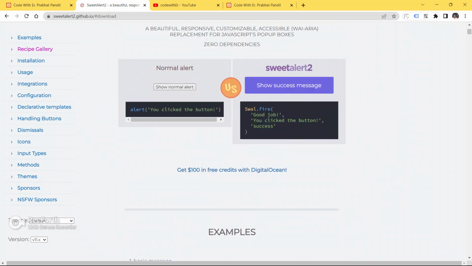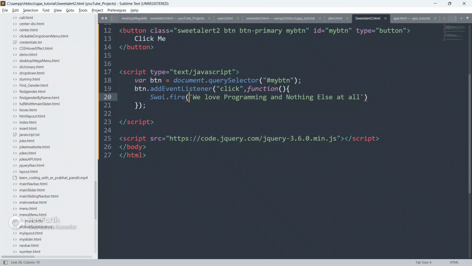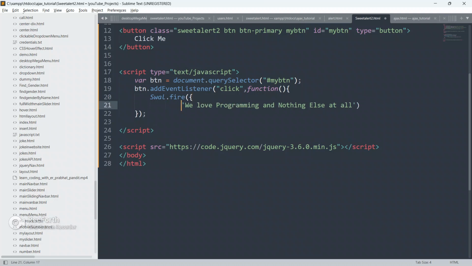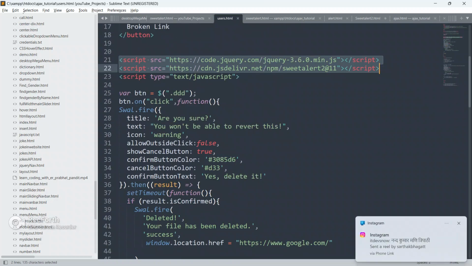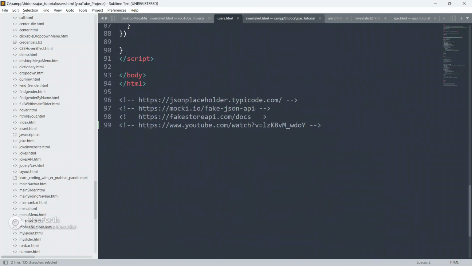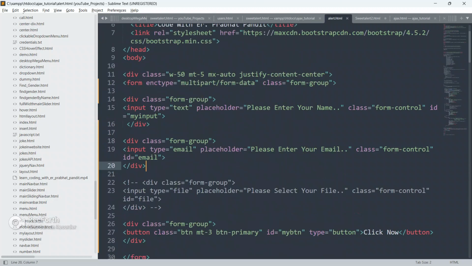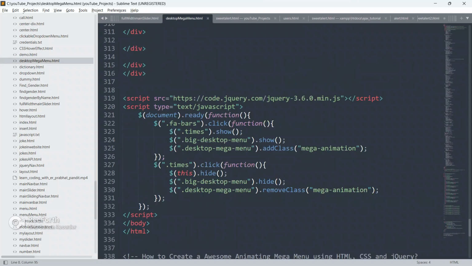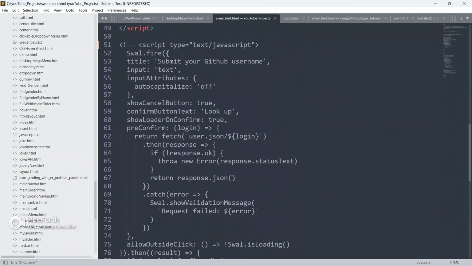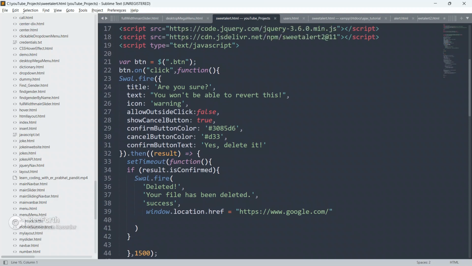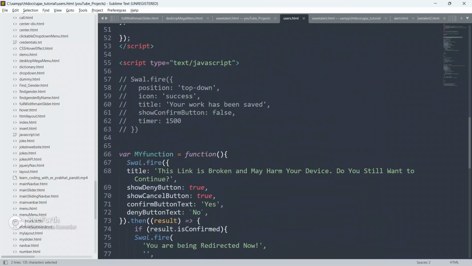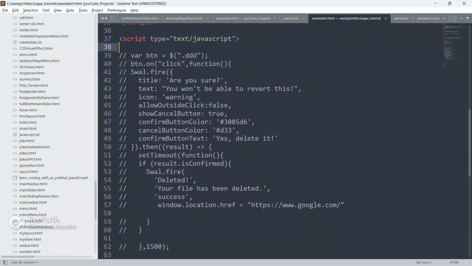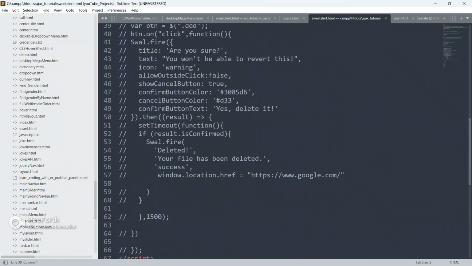So now let's go back to the code and learn some advanced techniques and advanced features of this SweetAlert. Wait, I'm looking for something.